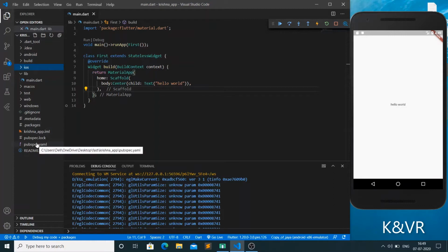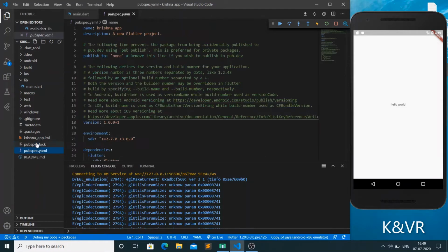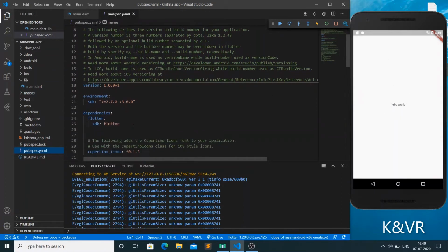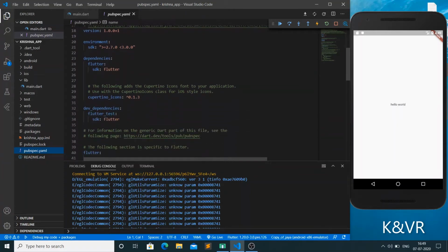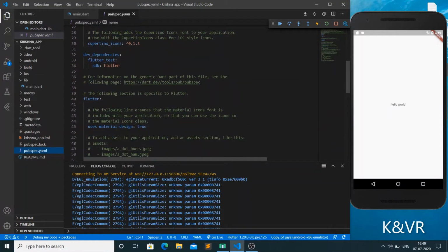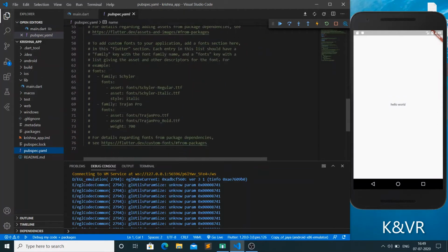The main file is pubspec.yaml. Go here, whatever you want to use in your mobile app, like photos and dependencies, environment, and font styles and font family, whatever new styles you are designing, you can assign from here first, and then only you can use them from the lib folder.